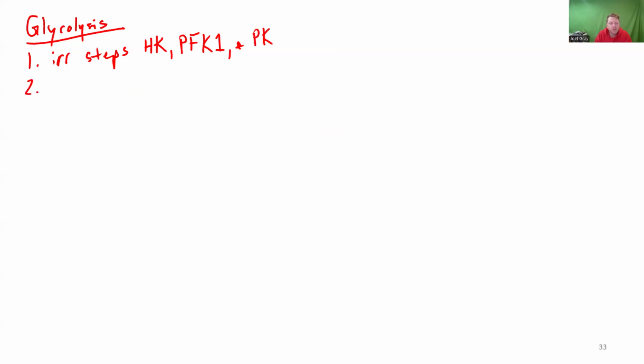I would also think about, well, what are my products? And then I would clarify this. I would say, what are my products and my net products? So I'd ask those two questions of myself. Then third, I would ask, so I get NADH and ATP. How many of them?